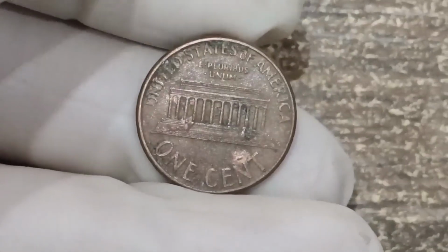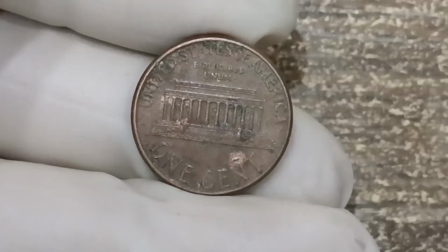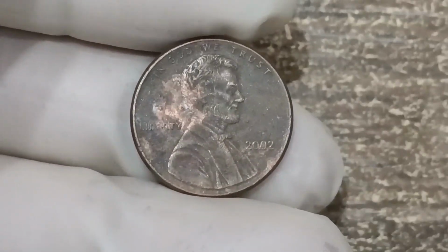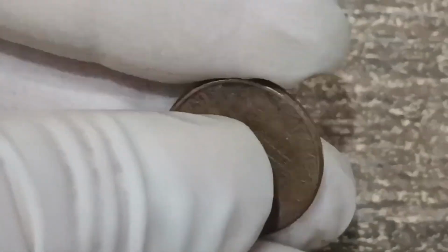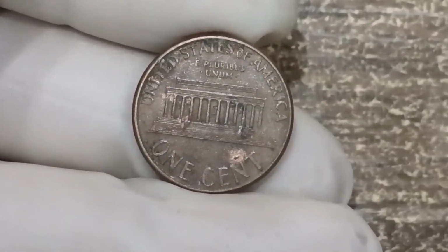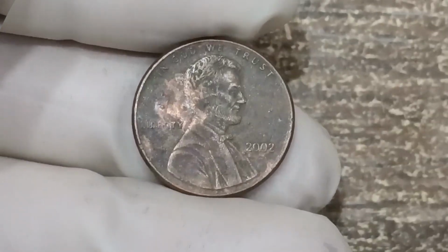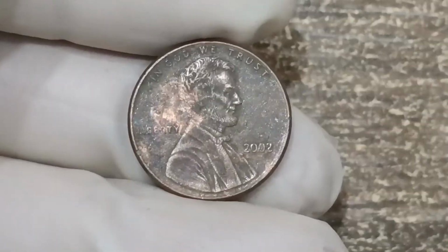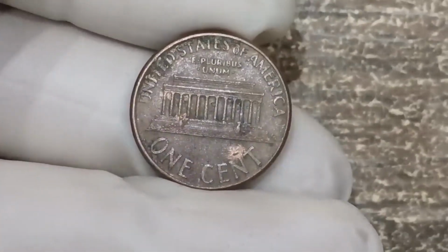increase its value. Wrong planchet errors are another spectacular category, because sometimes pennies were accidentally struck on planchets meant for other denominations, such as a dime, or even a foreign coin. Imagine the shock of finding a 2002 penny struck on a dime planchet, which would be smaller, lighter, and silver in color instead of copper. Or even a penny struck on a foreign planchet with unusual size or composition. These are one-of-a-kind mistakes, and when authenticated by grading services like PCGS or NGC, they can easily reach the $50,000